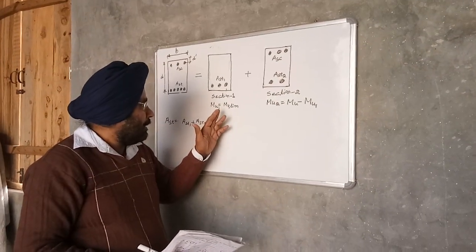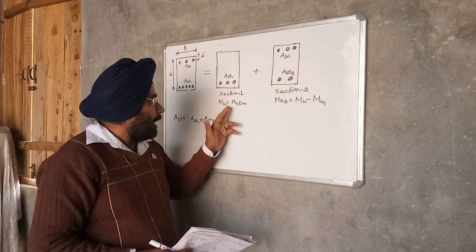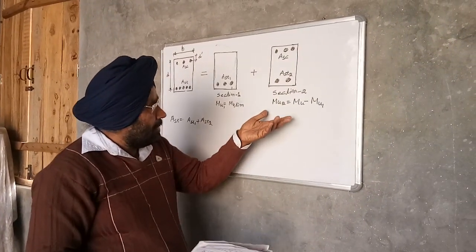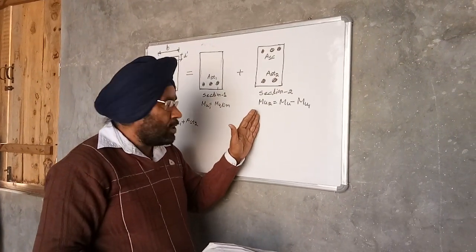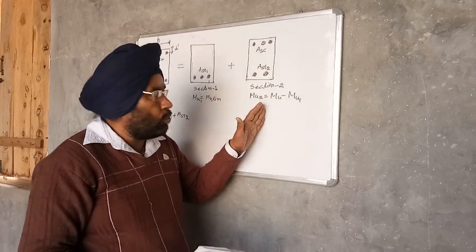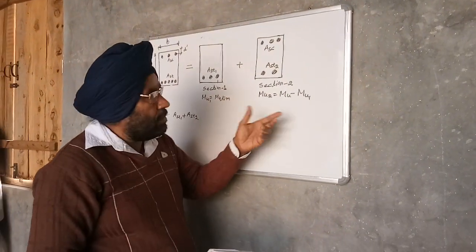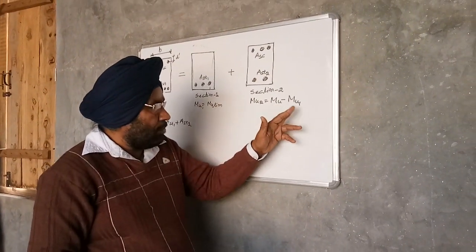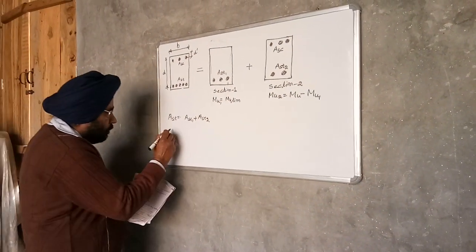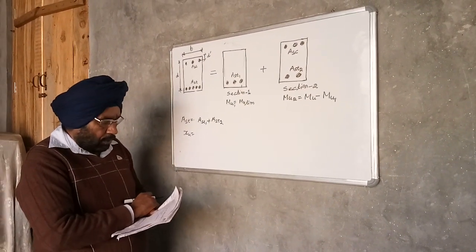Balanced section, having the ultimate moment of resistance, that is, the limiting moment of resistance. Section 2 resists the balance moment Mu2. So Mu2 is equal to Mu minus the moment of resistance of the singly reinforced beam section, that is, Mu2 is equal to Mu minus Mu1. And xu is the depth of the neutral axis from the top.